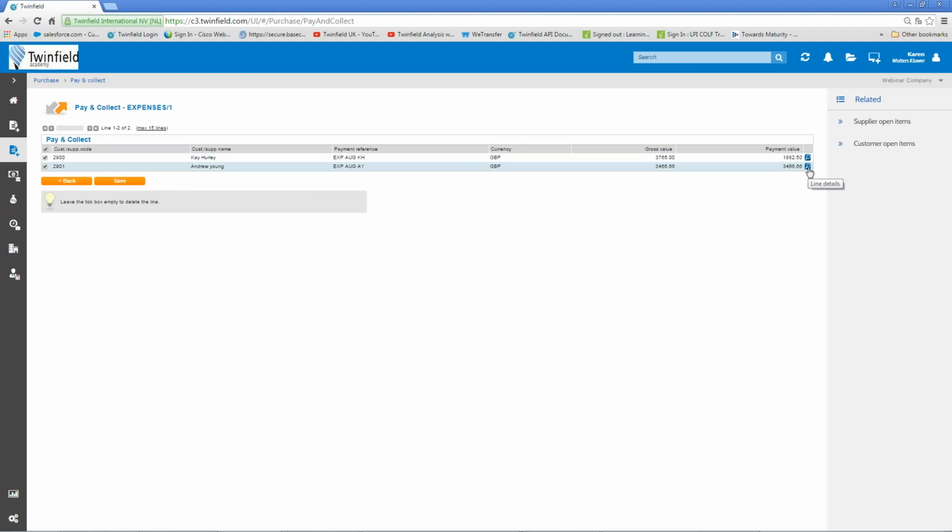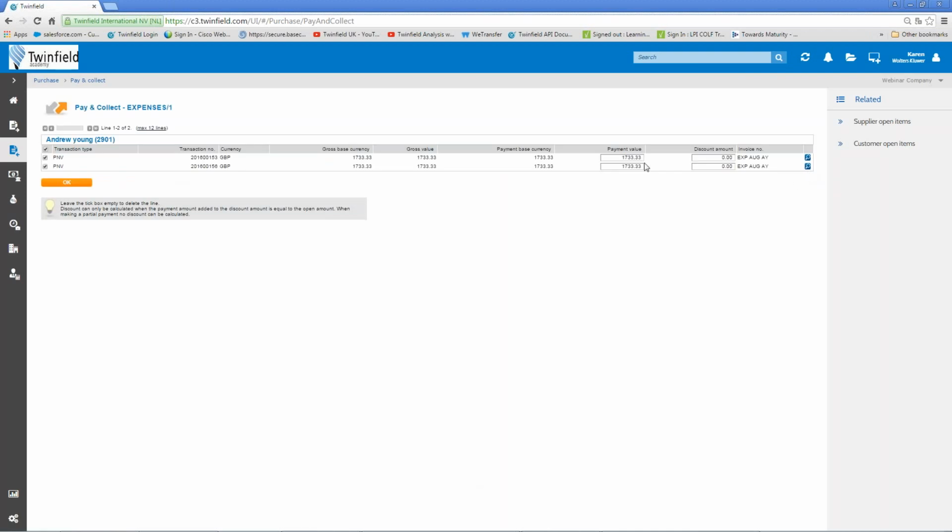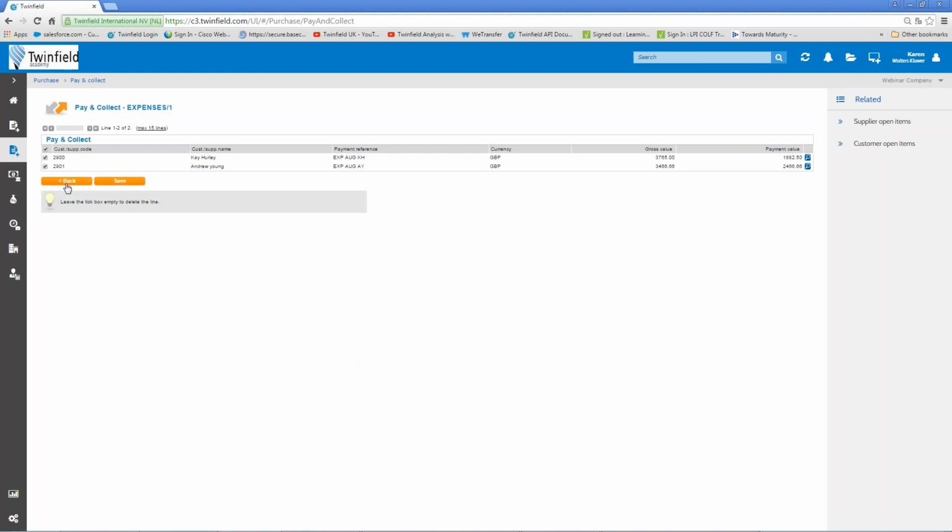Let's just click on the line details once more. Okay, so this time I can actually say that I'm going to pay my first expenses for August, but then the second lot of expenses I'm only going to pay $733.33. So I can make amendments to how much I want to pay. So now if I say OK, and if I now save,